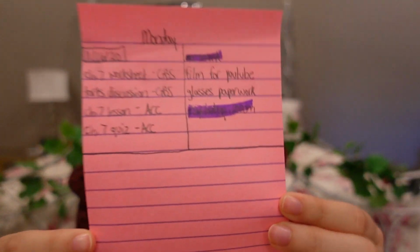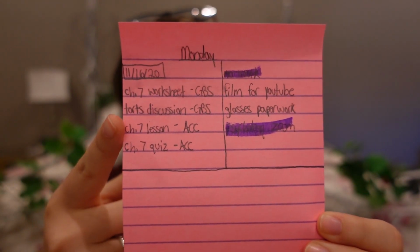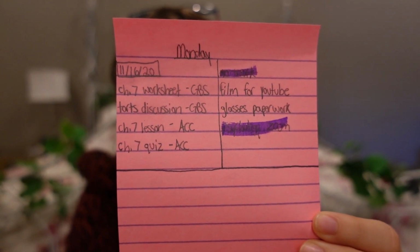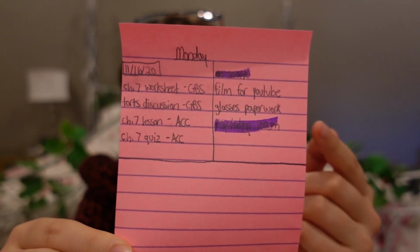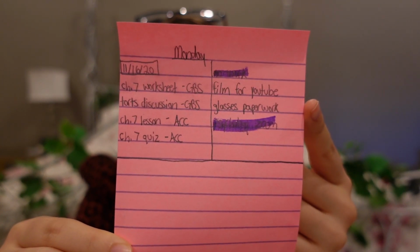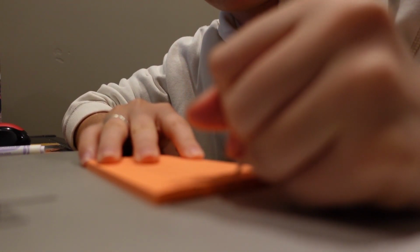So I don't know if you can really see it, but on this side I have all of the things that I have to do for school, and then on this other side, I've already done a couple of things, so you probably can't see them, but I have everything that doesn't have to do with school, and I highlight those as I go. So when I do that, I feel like it's easier for me to process what I